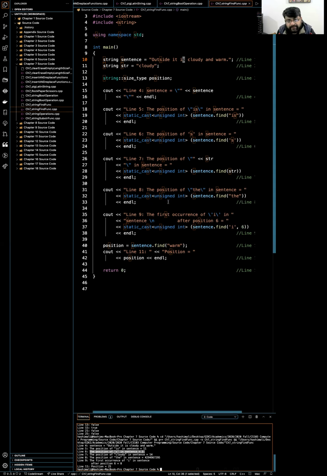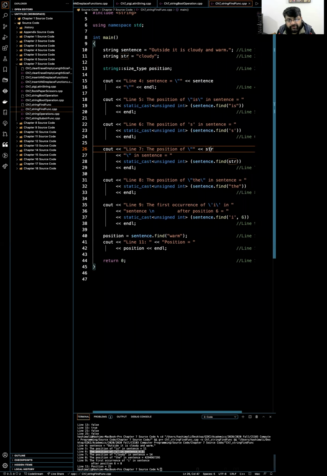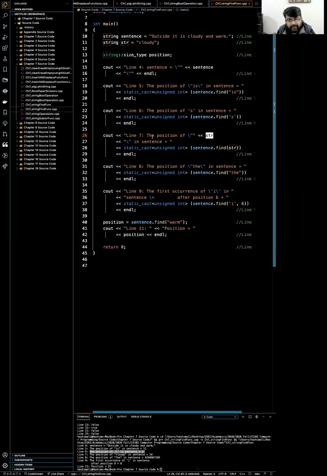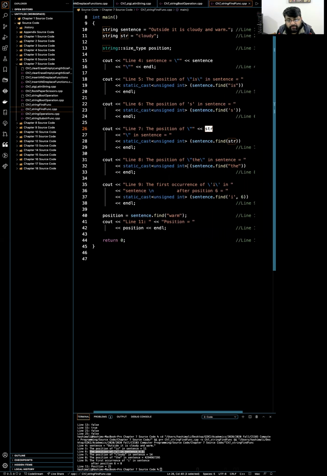So the next step is the position of string. Now we can also find a whole string inside it, and that's basically we are trying to find where cloudy is located, and cloudy is located at position 14. We already know that. So if you want to find the position of a string here, you simply use the string inside sentence.find and convert that to an integer. Then you've got the position of the